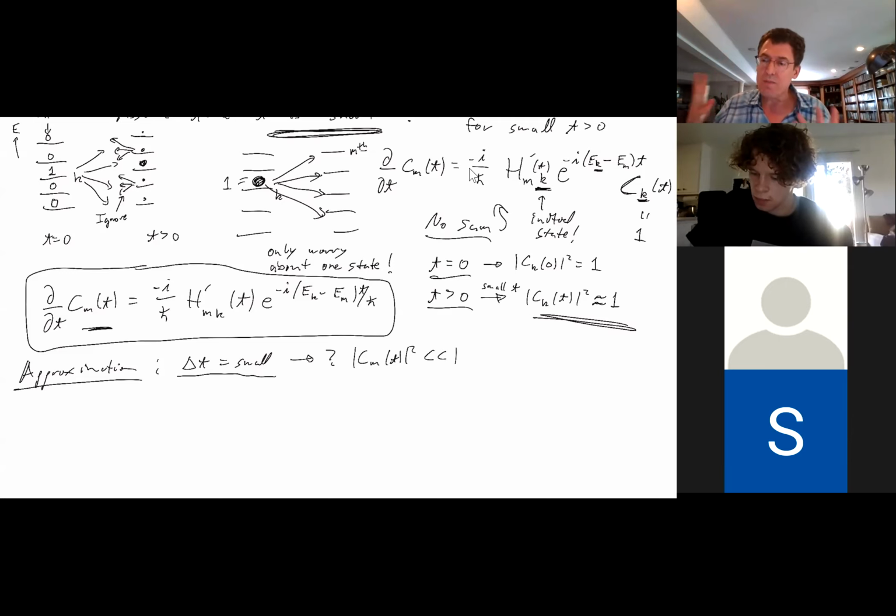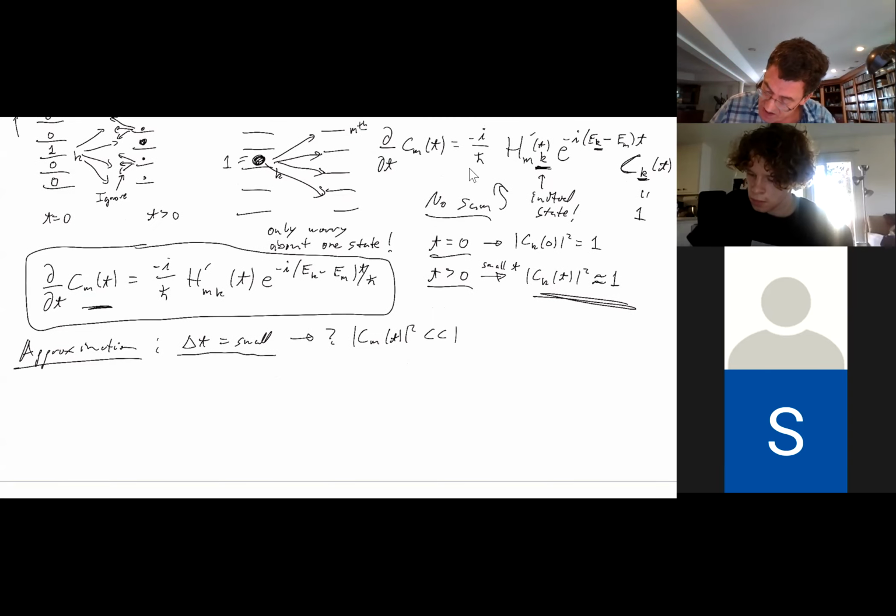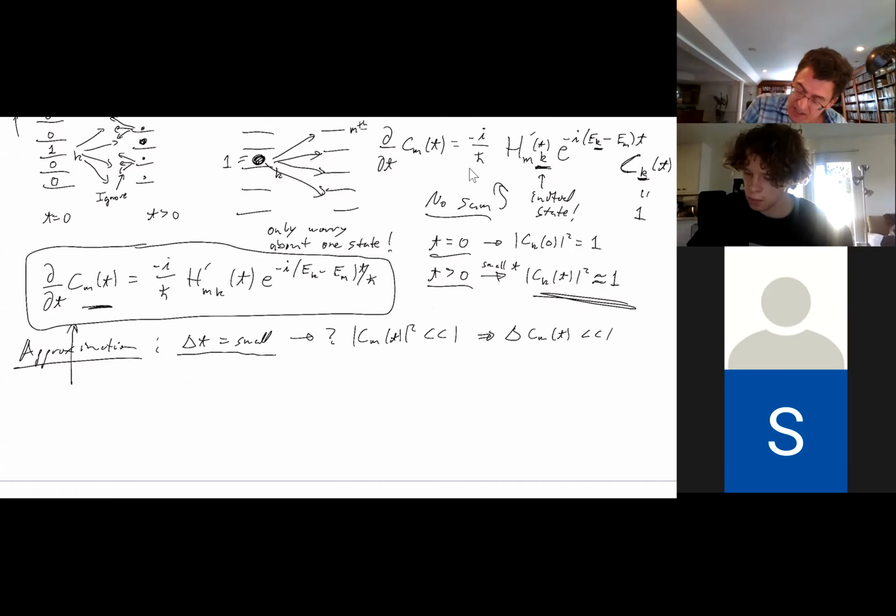And what does small mean? Well, it means that the probability is way less than 1. So Cm of t has to be way less than 1. As an approximation, we can say that the amount of accumulated change in Cm of t is way less than 1. So let's go to this equation and just look at it as a calculus equation. We can say delta Cm of t over delta t goes as